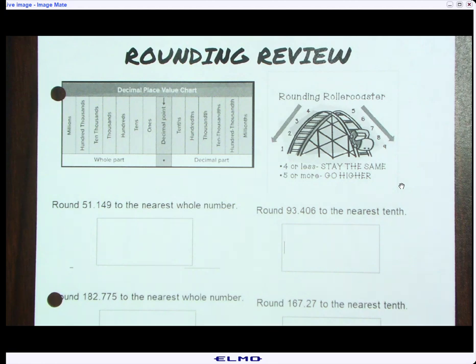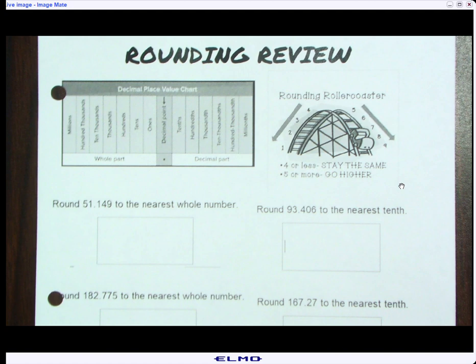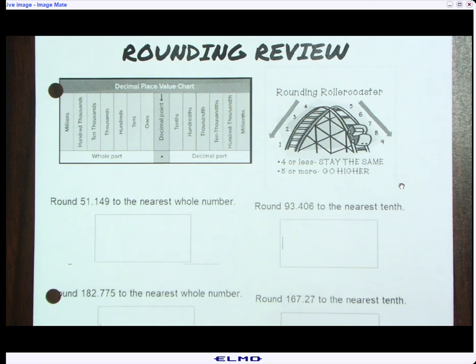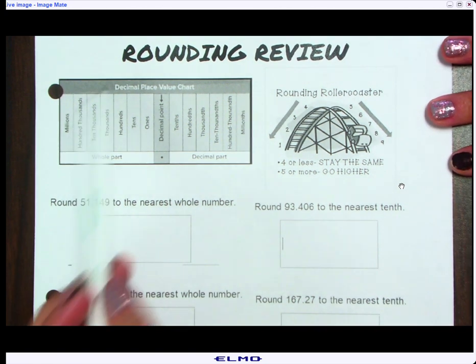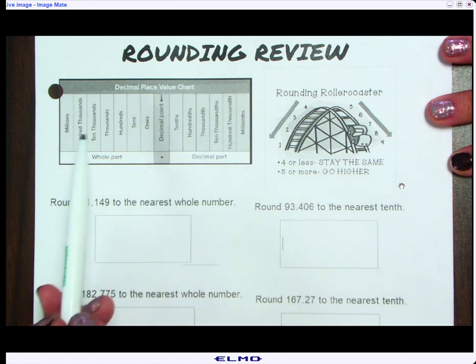All right, so today we're just going to do a little review on rounding. I know that that's something that we're going to be seeing a lot more of in our Get More Math problems, and I just want to make sure we're in a good place. So the first thing that I want to bring up is that right here is a diagram of the